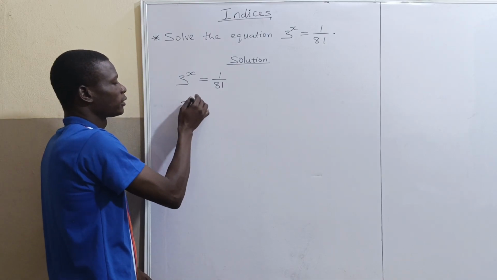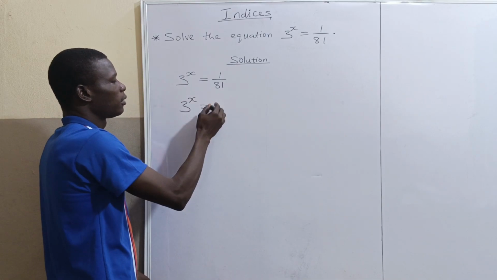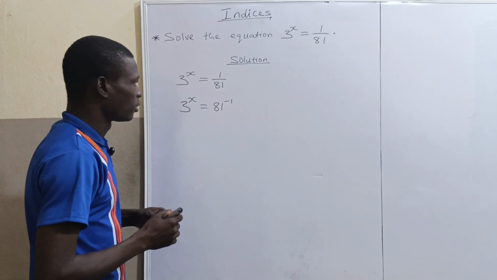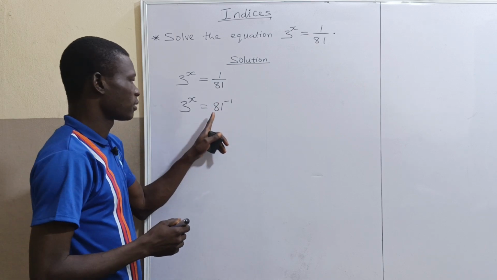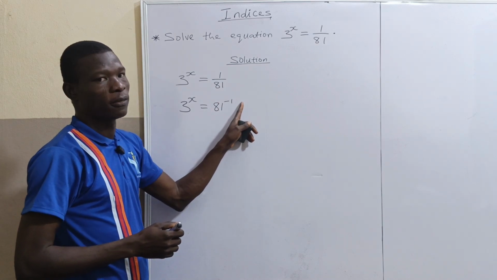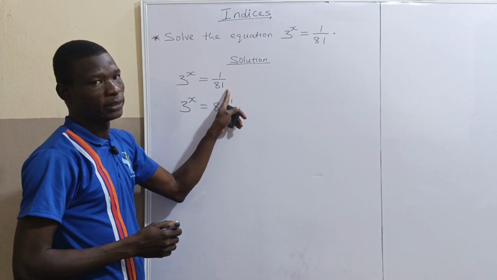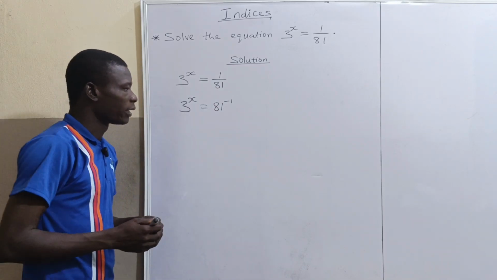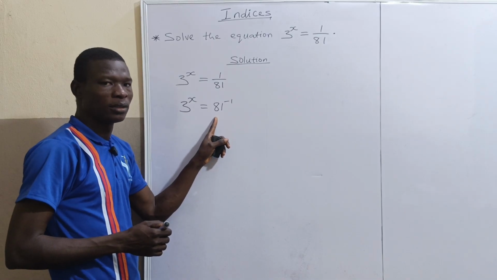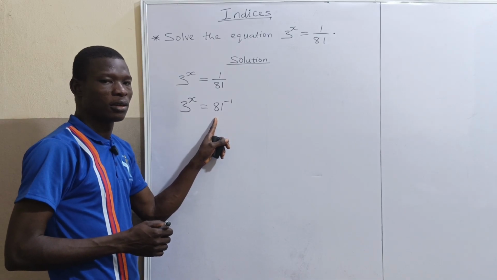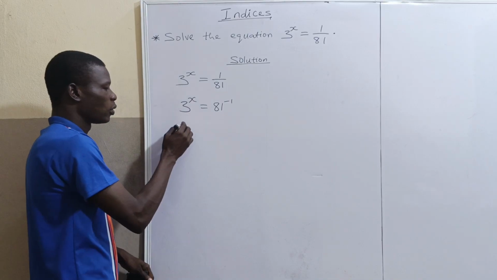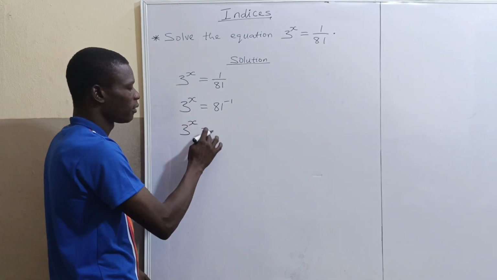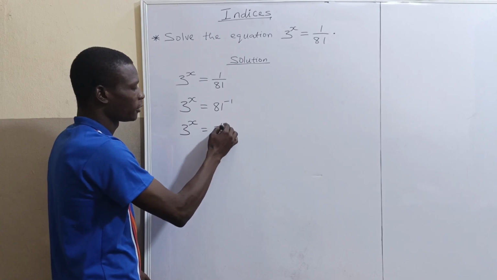3 raised to power x becomes 81 raised to power negative 1, because according to one of the laws of indices, 81 raised to power negative 1 is going to give us 1 over 81. So this and this are one and same. Again, 81 is one of the lineage of 3. So we can have this equation becomes 3 raised to power x equals 3 raised to power 4 firstly, which